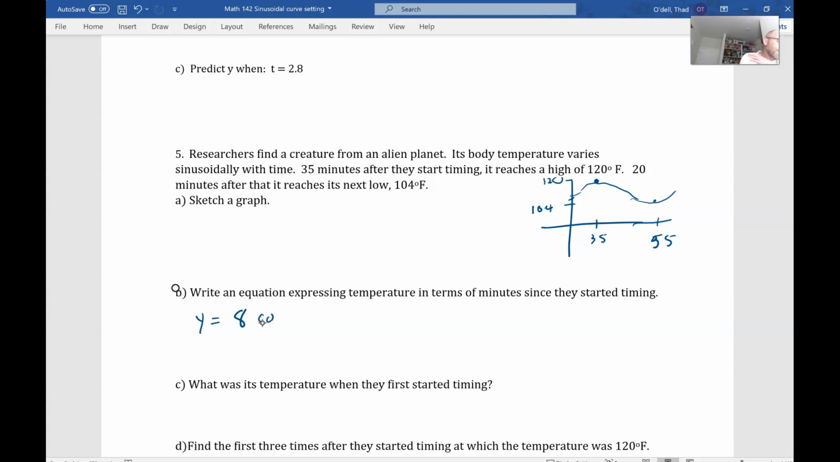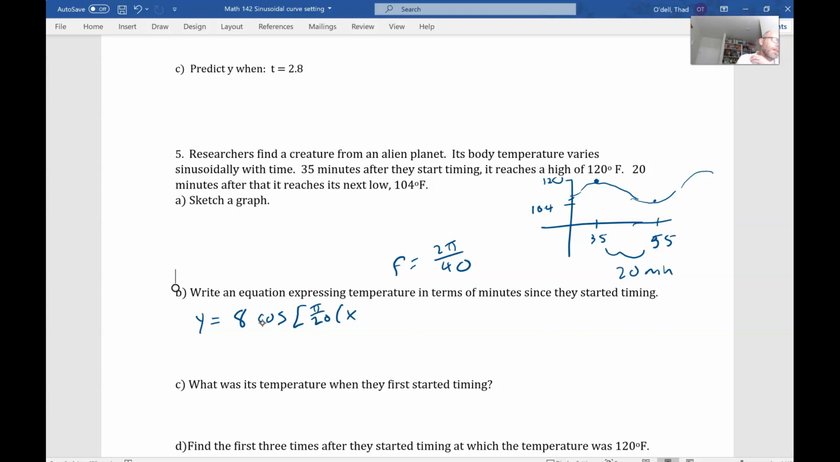I'm going to use cosine because it's easy to find the top. Frequency. So from the maximum to the minimum is a total of 20, is that minutes? Yeah, 20 minutes. And that would be half of a cycle. So we'd have to go another 20 minutes to get the other part of the cycle. So that's 40 minutes. So my frequency is going to be equal to 2 pi divided by 40. So that would be pi over 20